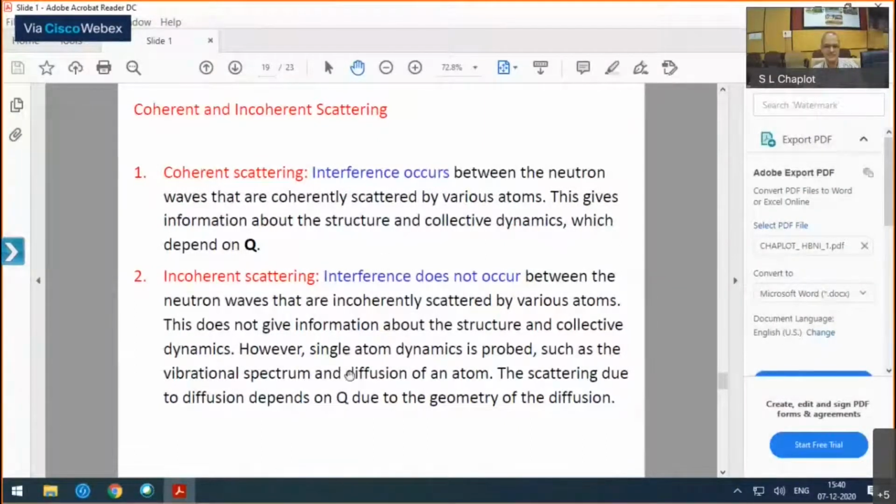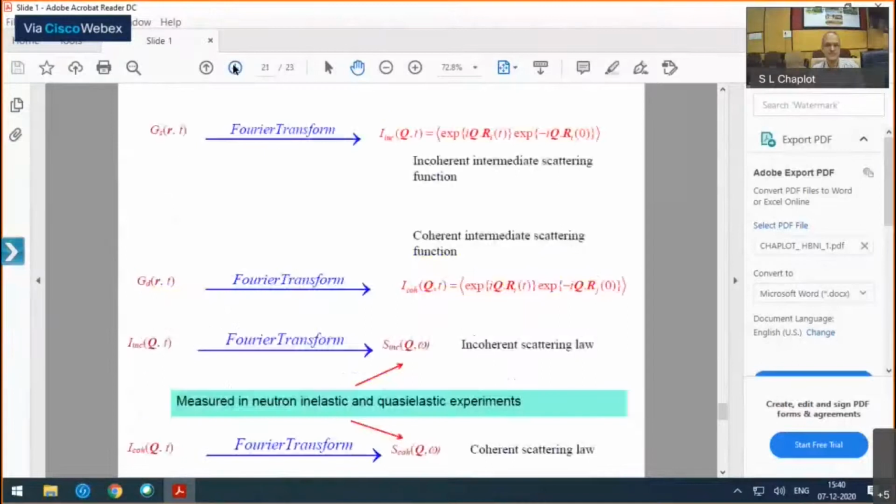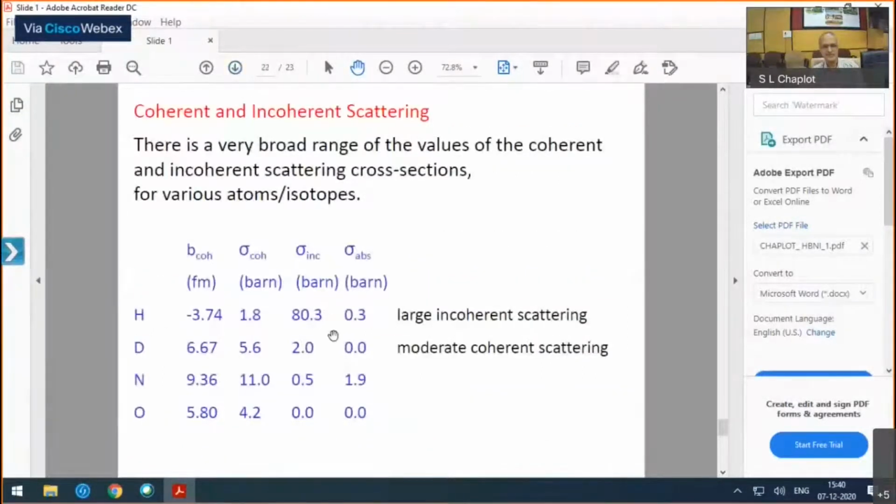But if the incoherent scattering is very large, then you can get information about the diffusion from this particular atom. Therefore this property is used to determine the diffusion involving hydrogen atoms or even molecules containing hydrogen atoms, and it gives a very good scattering cross section to study the stochastic dynamics